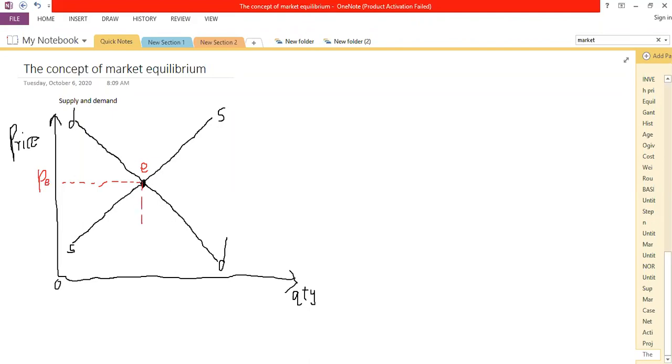The quantity demanded and supplied, which is actually the same, is called the equilibrium quantity. In short, the QE. I repeat, under normal circumstances,